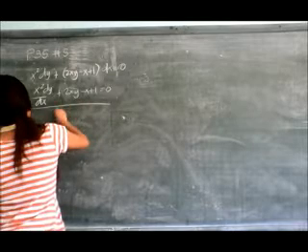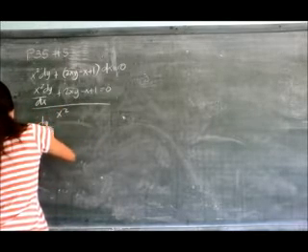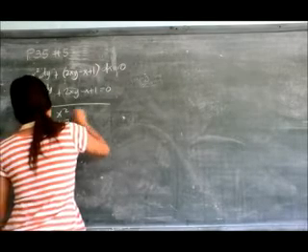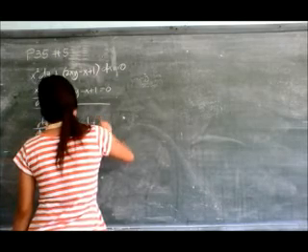To get dy over dx, we can divide this by x squared. So we get dy over dx plus 2 over x times y minus 1 over x plus 1 over x squared